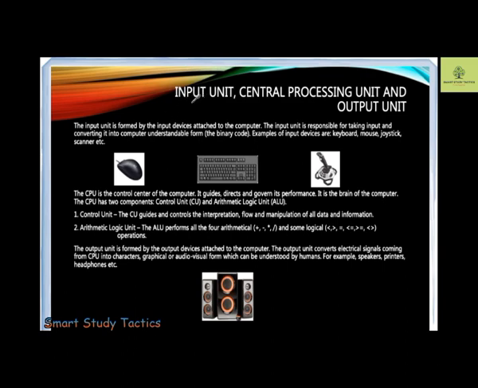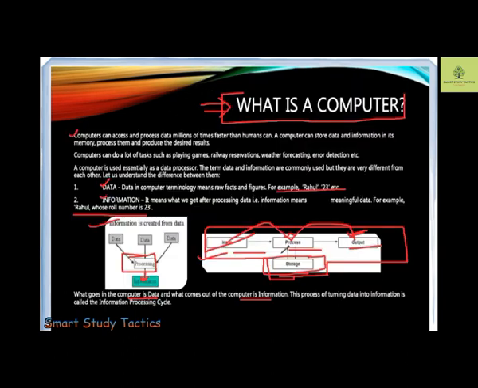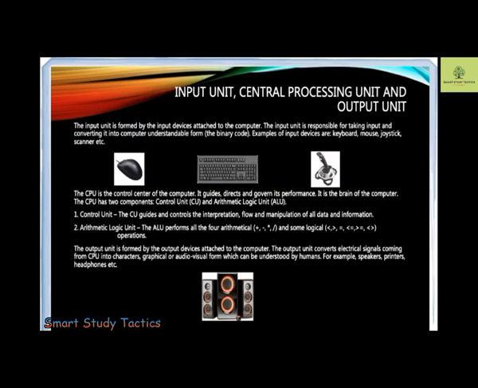Now, what are the input units? How are we going to perform these things, input, process and output? There are some hardware parts, some equipment, which will help you do these things. First of all, we will talk about the input, then the output, then the central processing unit. I think you are all familiar with the input parts. Just now we are using one, as you can see the cursor moving. I am using this part, the mouse.